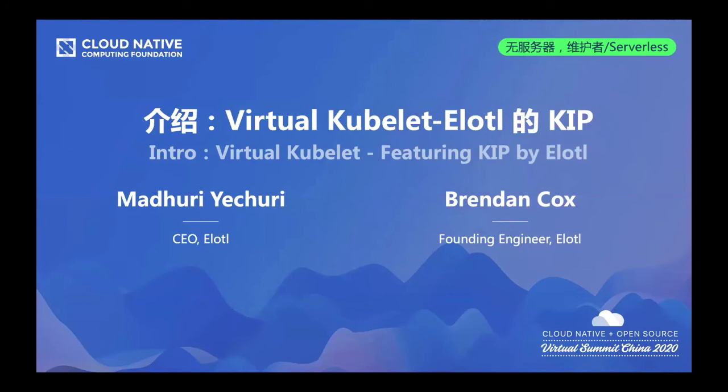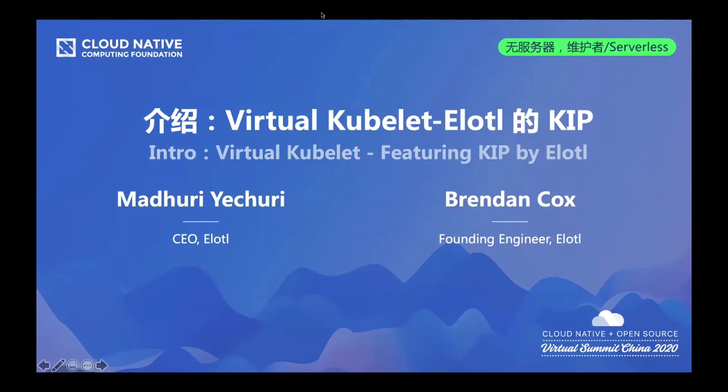The next question is from Frank, who is asking how to add more cloud providers support in KIP, and we would like to see popular cloud providers in China be made available to support KIP. We'd love to add more cloud providers to KIP. We are currently supporting AWS and GCP, and Azure will be coming out in a month or so, pretty soon. We'd love to add further cloud provider support for KIP.